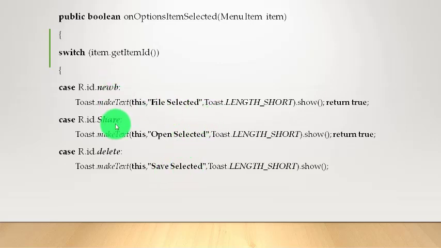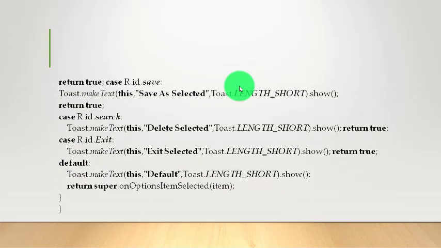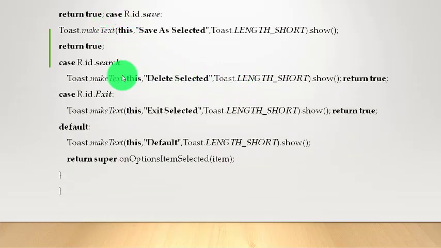Like that, whichever case matches the selected menu item, the corresponding toast message will display on the screen. In the same way for the remaining cases, search case, exit case, and at the end we are writing a default case. If none of the cases is matched, the default case always executes, and it will return onOptionsItemSelected with the selected menu item.